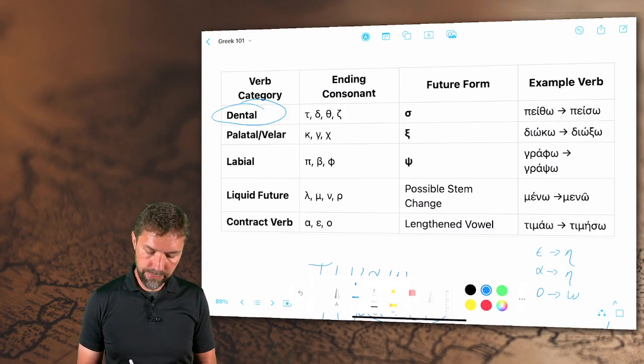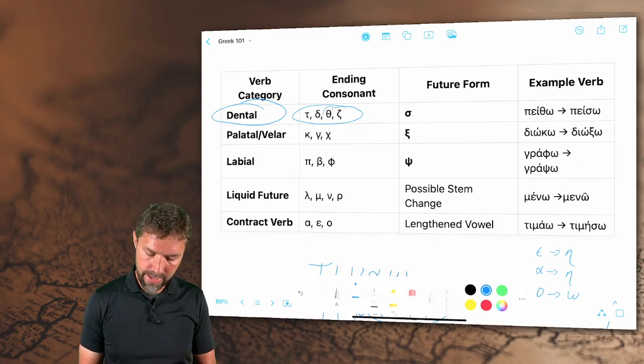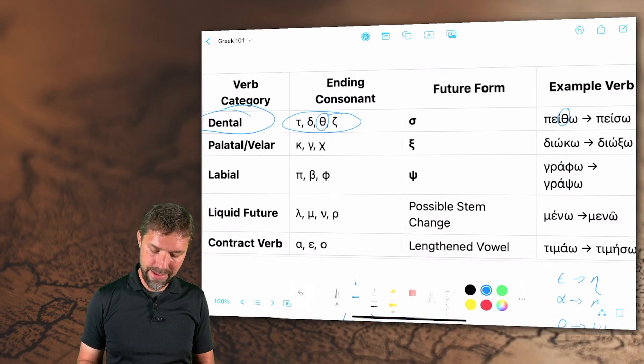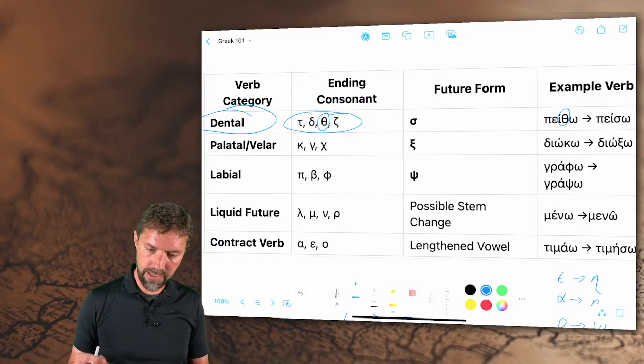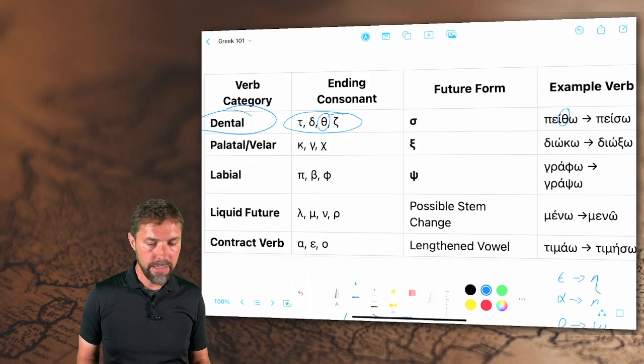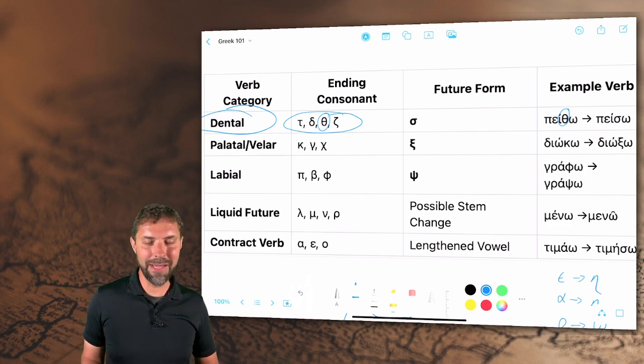But the category is for verbs that end in one of these four letters. So you can see peitho right here, it's an example. We're talking about the verb stem. And if this verb stem ends in tau, delta, theta, or zeta, then I'm in this category. Okay, now the thing that makes these dentals is they're actually linguistic categories, and they have to do with the